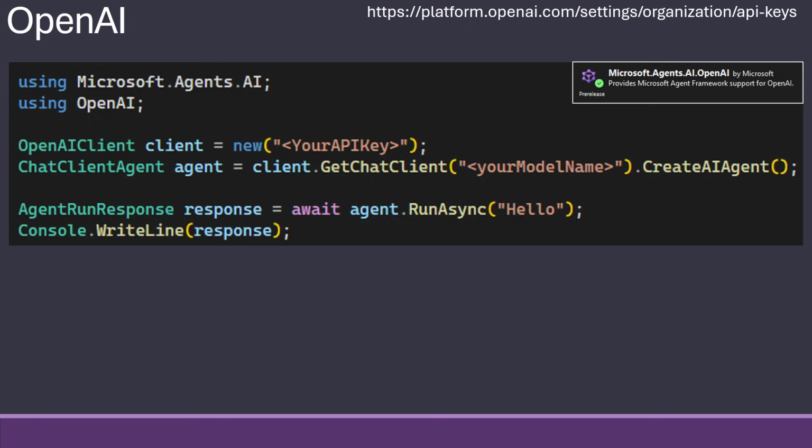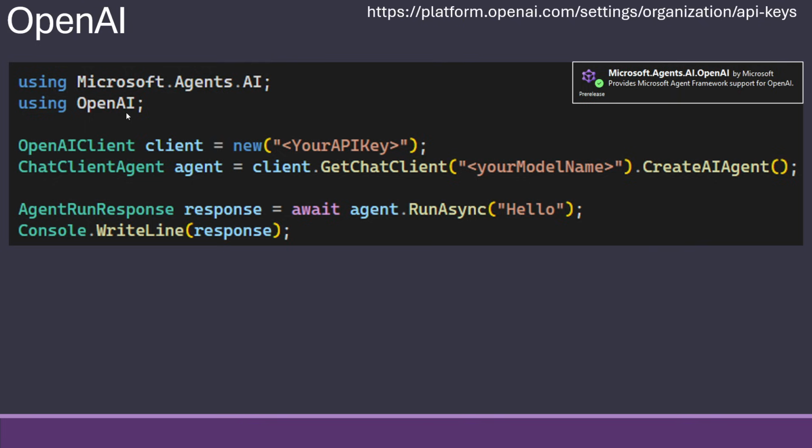First up, we take OpenAI. So OpenAI, of course, works with this. You can go to platform.openai.com and get some API keys. You need to sign up and pay $5 up front in order to use the platform. Once you have done that and have your API key, you need to install one NuGet package, Microsoft Agents AI OpenAI, which might seem preferential in that they have a specific package for it, but you will see later that many people use the OpenAI specification despite not being OpenAI themselves.